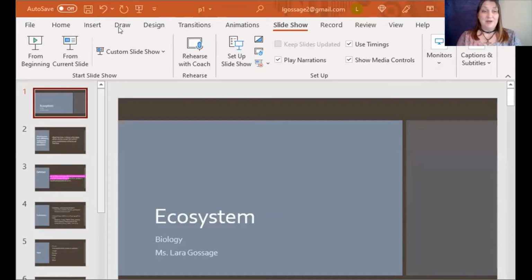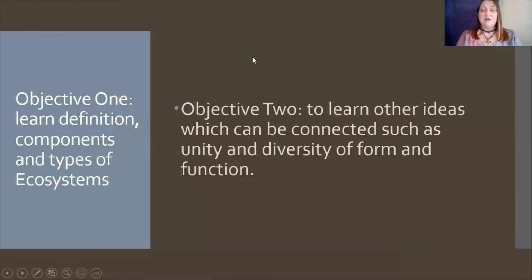Hello, this is Ms. Gossage, and I am here to teach you about ecosystems. I will instruct you on their definitions, the components, and the different types of ecosystems through a specific example of a forest type ecosystem. So our first objective is to learn about the definition, the components and types of ecosystems,